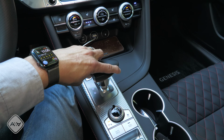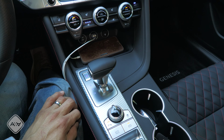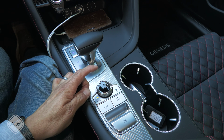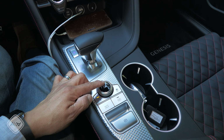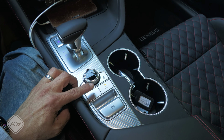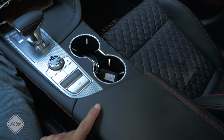We have a joystick style shifter. There's an unlock button right there on the side, pull down for drive, push forward for reverse. Park is that button right there. We have a drive mode toggle here, and new for 2022, we have a Sport Plus mode. This also enables the drift control mode that you'll find in the all-wheel drive version. We have auto brake hold, parking sensor button. This also brings up the 360-degree camera system, emergency brake right there, 2 large cup holders, and then a very